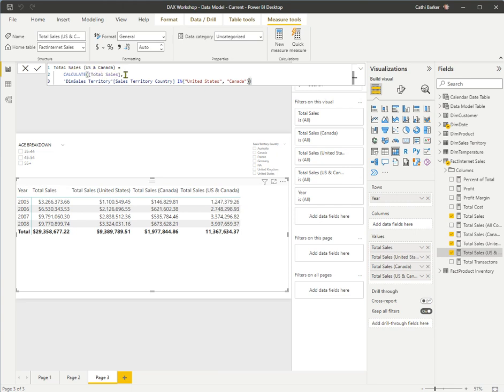Calculate the total sales. This is my filter one, where the country in the sales territory query, in, and then in has curly brackets. So curly brackets, and between each comma, so you can have as many as you like, between each comma, you put your expressions. So United States is in double quotes and Canada is in double quotes. So when I press enter, that's an example of using the in, which is actually shorter and easier,